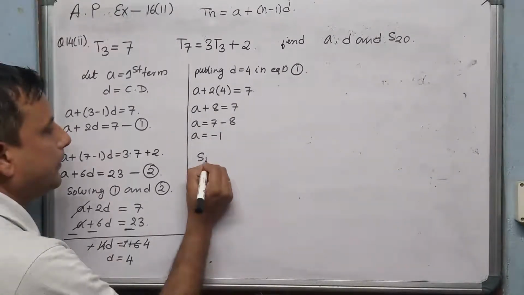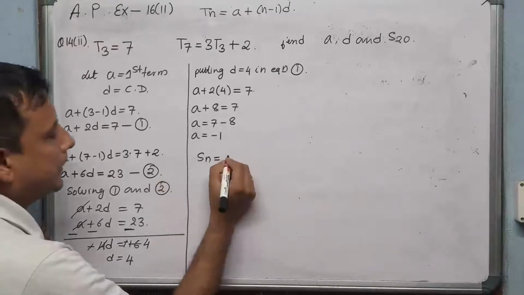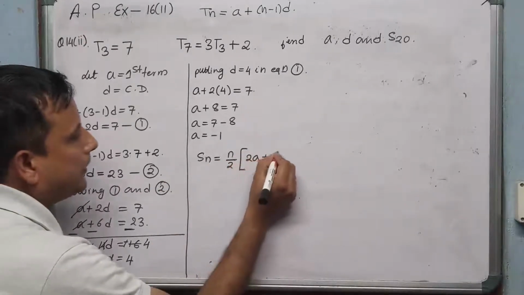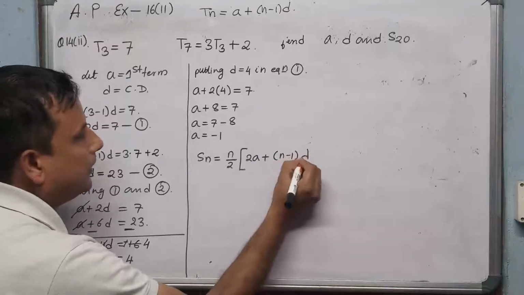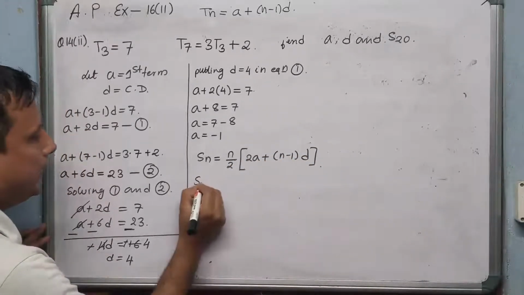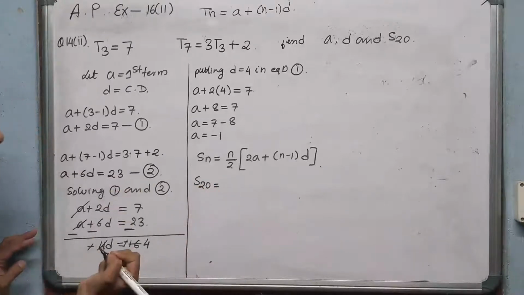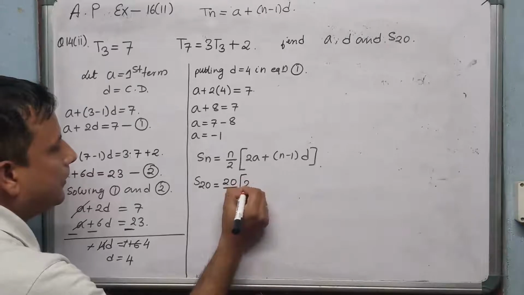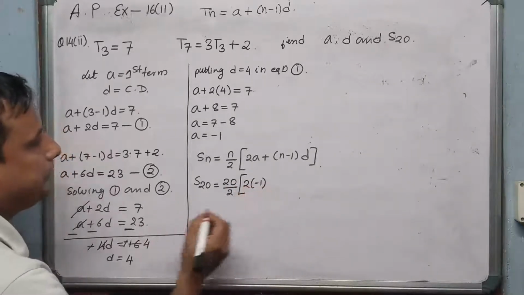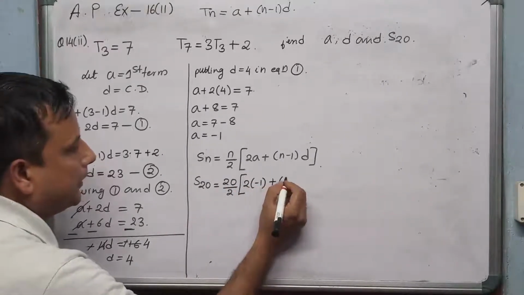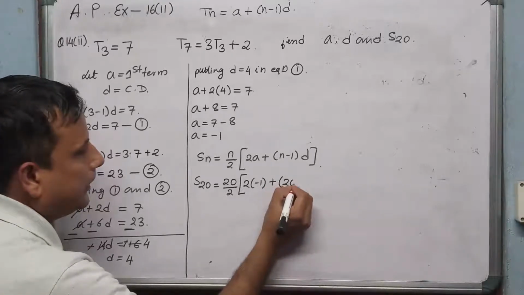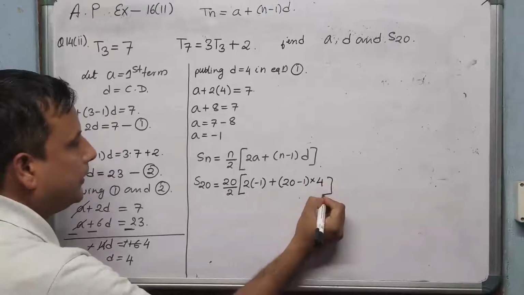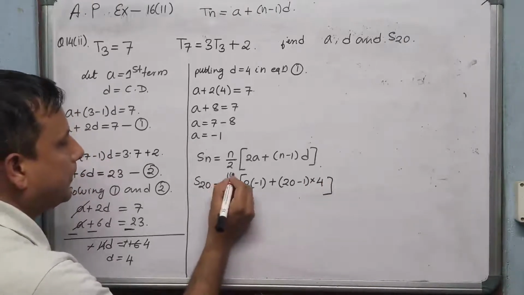Now next, what are we going to calculate? The sum of n terms, the sum of 20 terms. Sn is given by n by 2 into 2a plus n minus 1 into d. This is the formula that I am going to use. n is 20 to calculate the sum of the 20 terms. So it is 20 by 2 into 2 into a, which is minus 1, plus 20 minus 1 into d, which is 4. 2 tens are 20, so it is 10